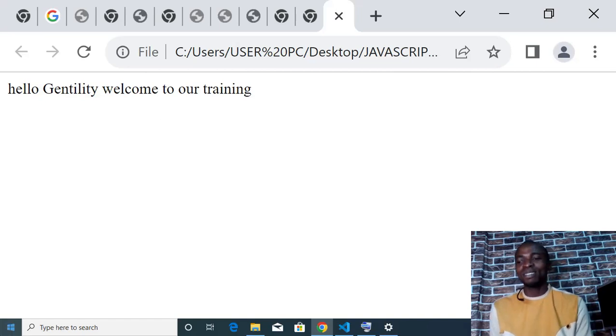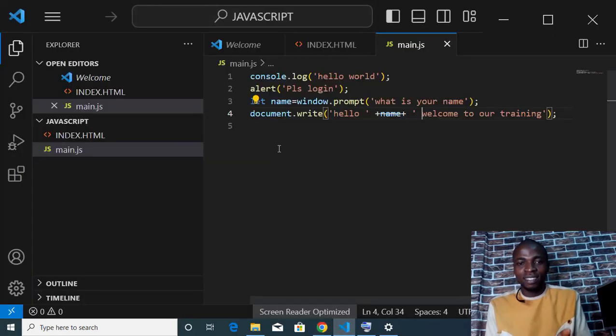Do you see? The person will feel, wow, so these people know my name. So that's what they call interactivity. For you to make your website look so interactive and dynamic, you must learn JavaScript. So I'm sorry I just jumped into another topic, because this variable and string I use here is the next course I'm teaching. So please make sure that you watch my next video, but I'm going to give you a little assignment